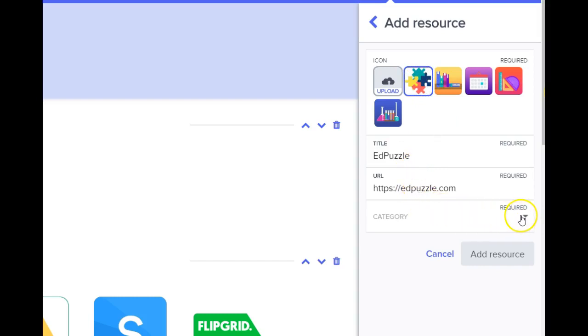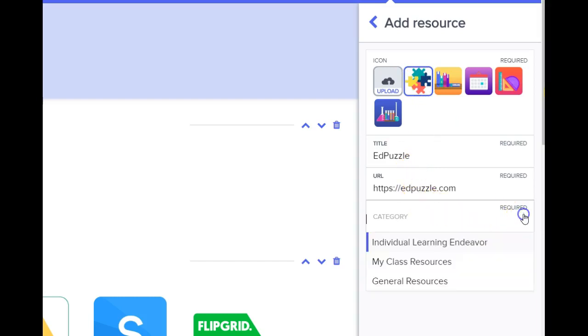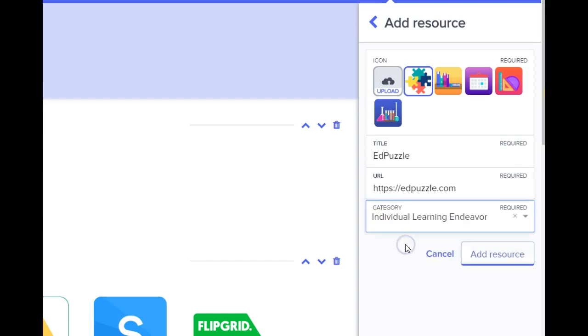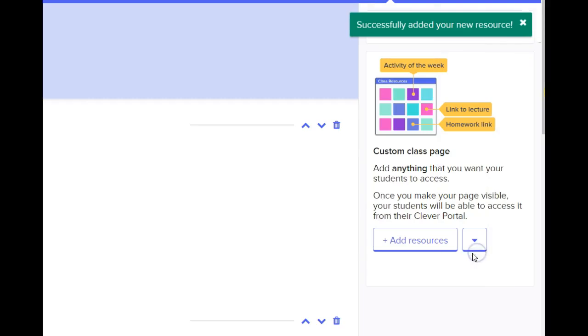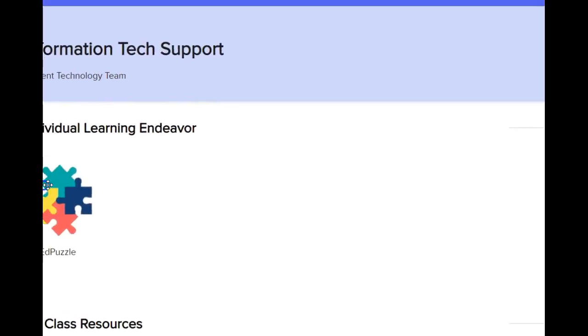The only other thing that I'm required to do is to choose where I want to put it. If I don't want any of these 3 topics or categories, then I can start typing the first letter, say, of the new category, and then I can click right here to create a new category. But right now I'm happy with my individual learning endeavor, so I'm going to click on that, and I'm going to add that as a resource. So let me move this back, and I want to show you that it is now showing up in my